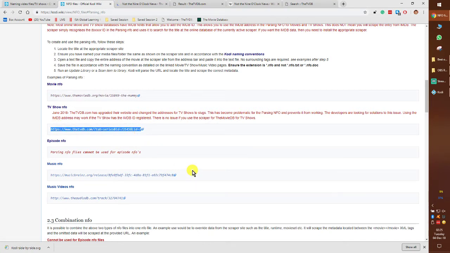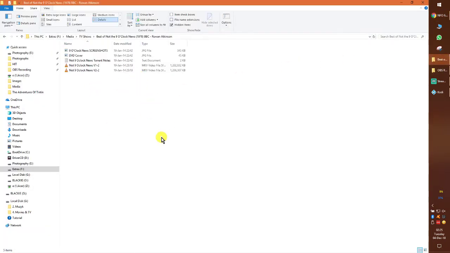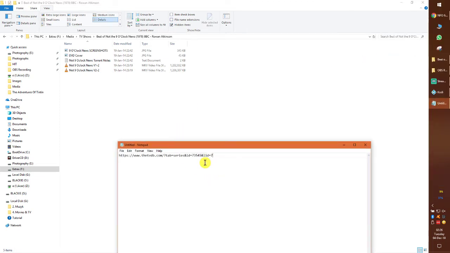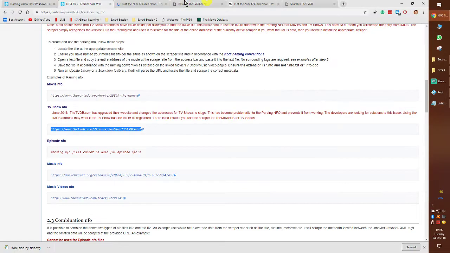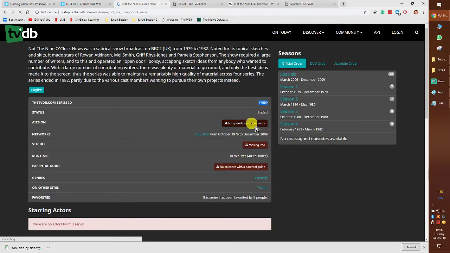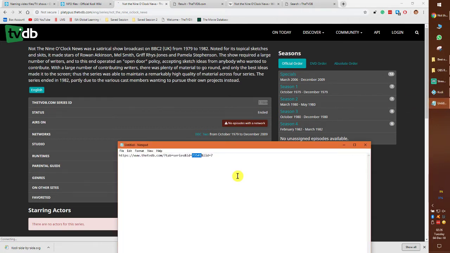Simple, just copy this link, go to the folder that you need to create an NFO file, open Notepad, paste this link, and here we see this ID. We need to change this particular ID to the ID that we have found in the TVDB. So in this case it is 77009. Click on type 77009,